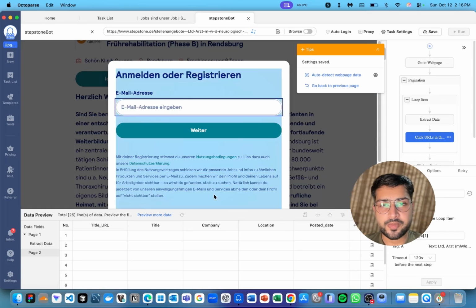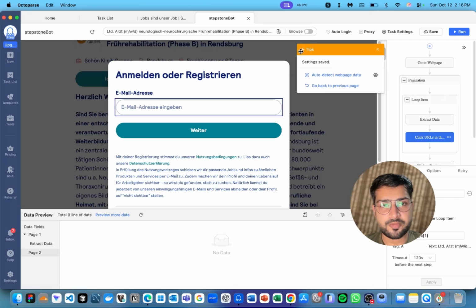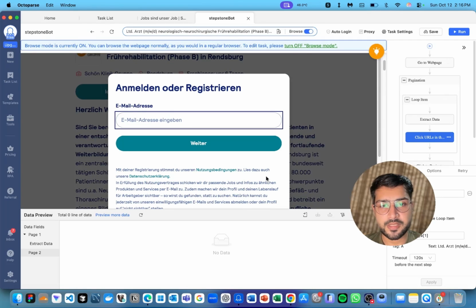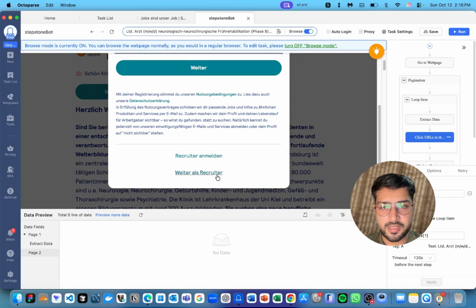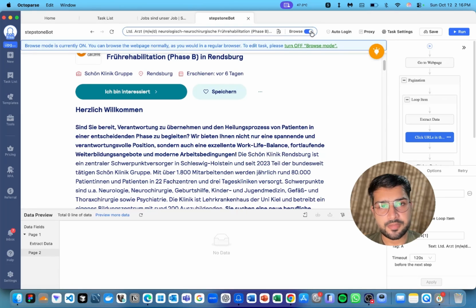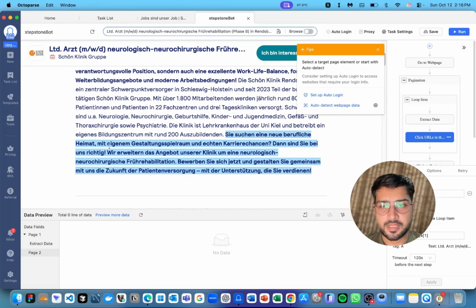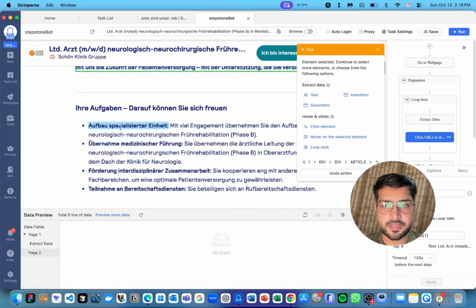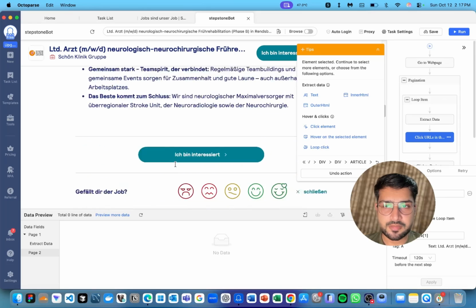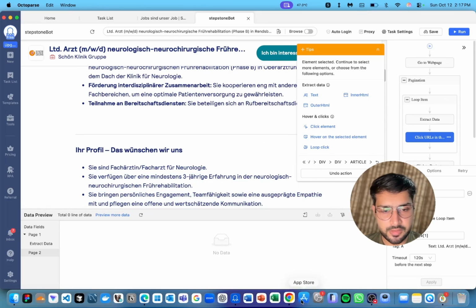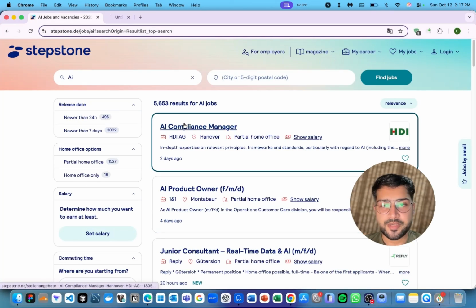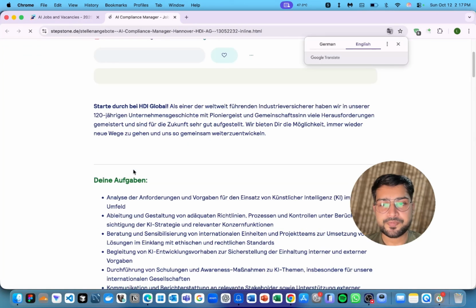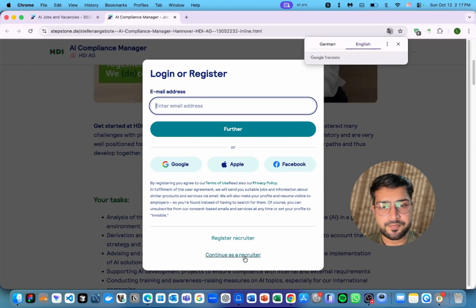Now you can see this pop-up. To cancel this pop-up, we will again turn on this browse mode button, scroll down, and click this. This should close the pop-up, and then we will turn off browse mode again. Now we need to get the full description. We'll click this, but this is not the full description. So what we need to do is go to the Chrome browser, open up a listing on the main page, and then we will need to see the